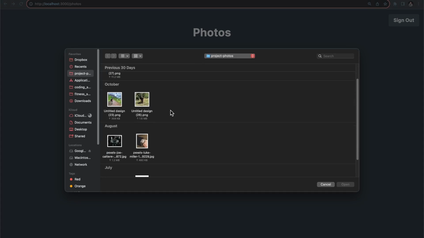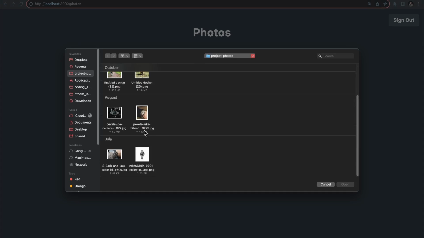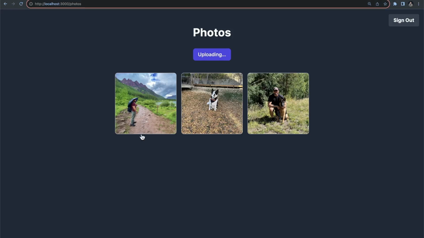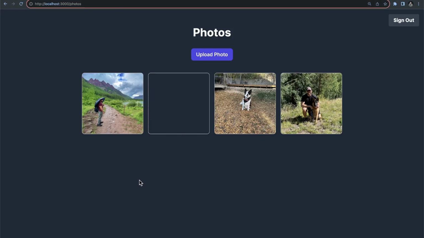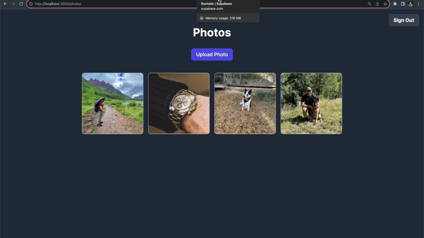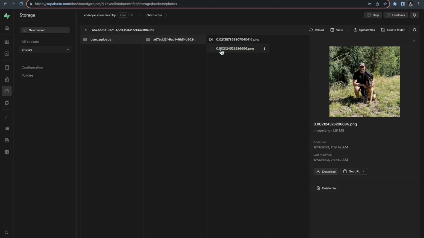And I think all I have left is watches. So let's go ahead and do this one. Uploading. And then we now see the photo immediately shows here because we revalidated our path and then refreshed our page. So we could indeed see this updated page with our photo. So we have now successfully been able to upload as well as retrieve photos from our